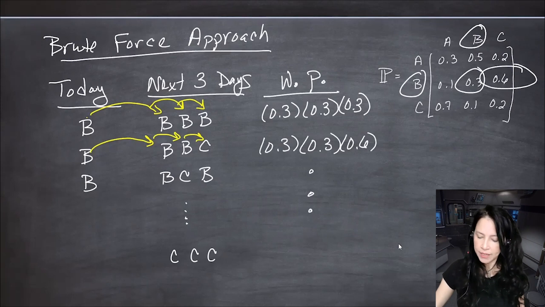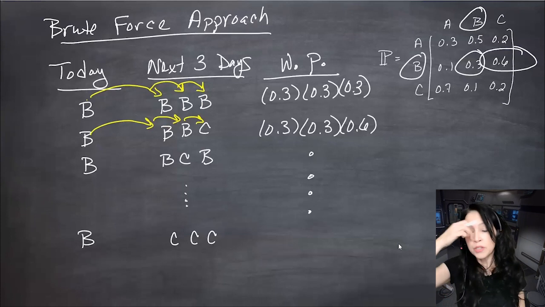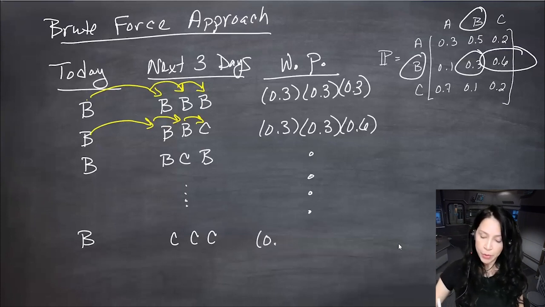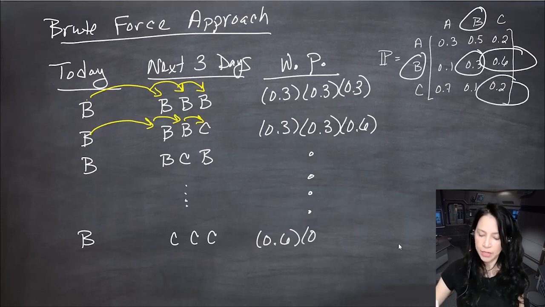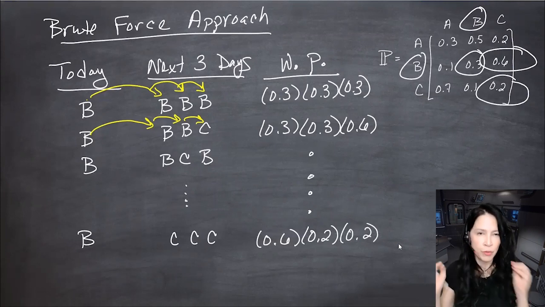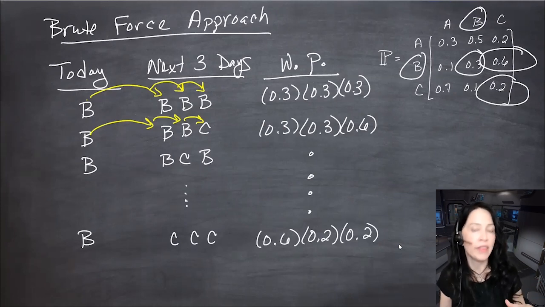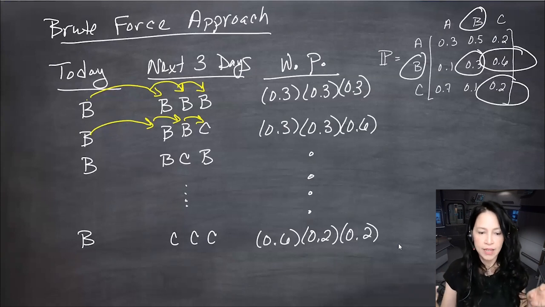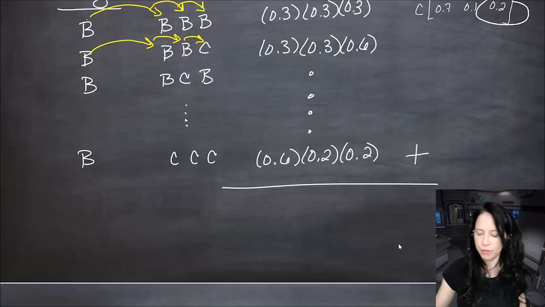We can list all these out. I'm just going to write the last one. Starting at B, looking at the matrix, we go from B to C with probability 0.6. Then we go from C to C with probability 0.2. And then from C to C again with probability 0.2. Those are all the disjoint ways this can happen. You can't take one of these paths and at the same time take another path. So to compute the probability that we want, we need to compute all these and add them up. I'm going to put a sum on the right side. It looks a little weird. And if you add these up, you should get